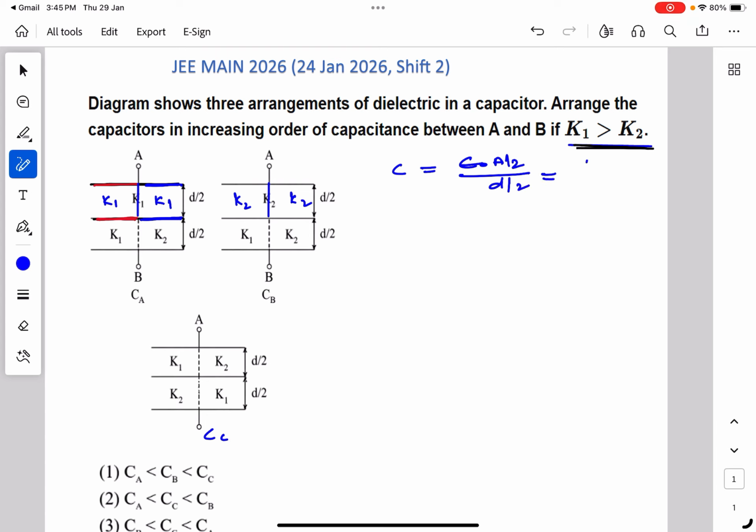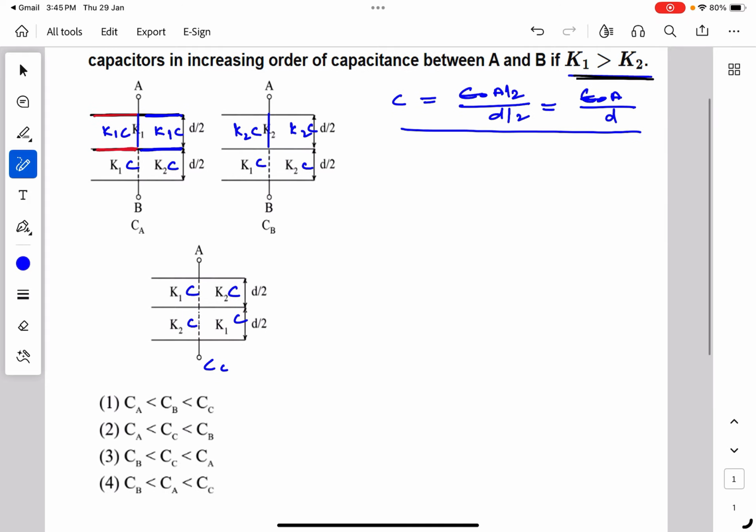This is equal to epsilon naught A upon D. And this is the capacitance of each small box of the capacitor before the dielectric constant. So therefore the capacitance of each small box will be equal to its dielectric constant multiplied by C. Now we can see that